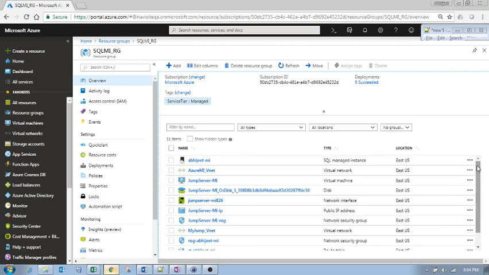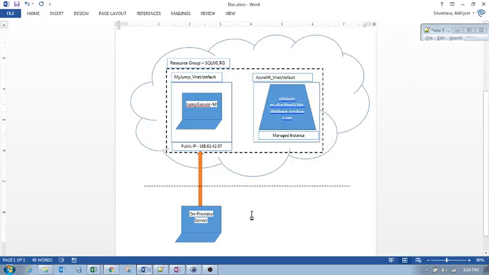This might not be very easy to understand, how all these components are related together, so I just created an illustration here which will give you a better idea of what is going on. So first we created a resource group as SQL_RG. Within that resource group we have two different VNets. That's Azure MI_VNet, and we have a default subnet within it where we have created a managed instance. This managed instance is not accessible from anywhere, and we have another virtual network, my jump VNet,